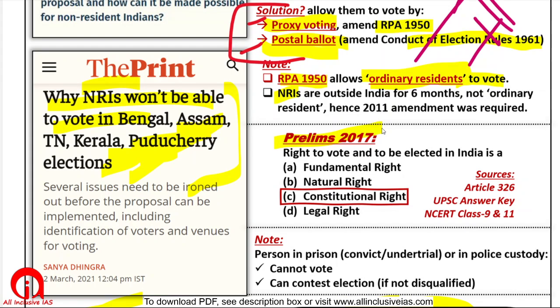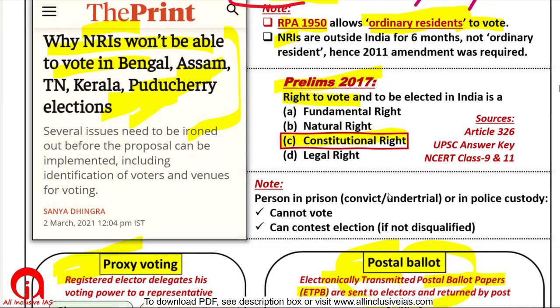Previous year question of 2017. Right to vote is what kind of right? It is a constitutional right. That year many coaching institutes had some problem. Some of them said that it is a legal right. No, it is clearly given in Article 326 of the Constitution. UPSC answer key also said it is a constitutional right, and NCERTs of class 9th and 11th also clearly say that